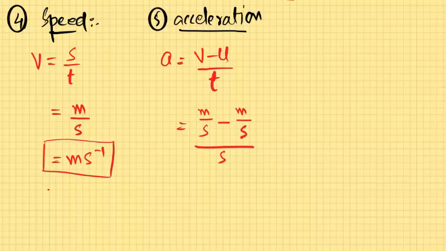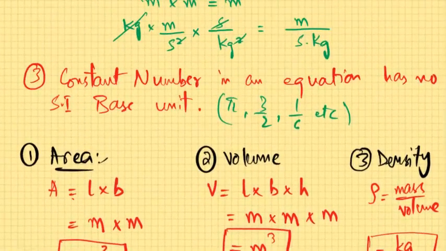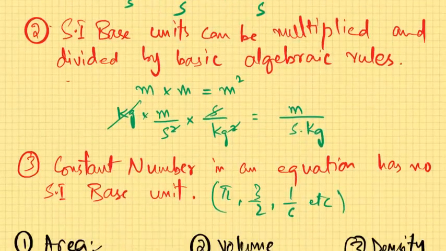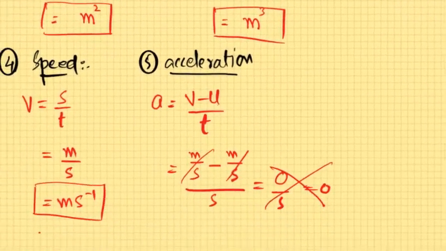Now if I apply the basic algebraic rule, that will be meters per second minus meters per second equals 0, over seconds, which would be 0. But this is wrong. Why? Because you have to recall our very first rule of SI base units, that is, SI base units cannot be added or subtracted by the usual algebraic rule. That is, meters plus meters is meters. Kilogram per second minus kilogram per second is kilogram per second. Similarly, in our example here,